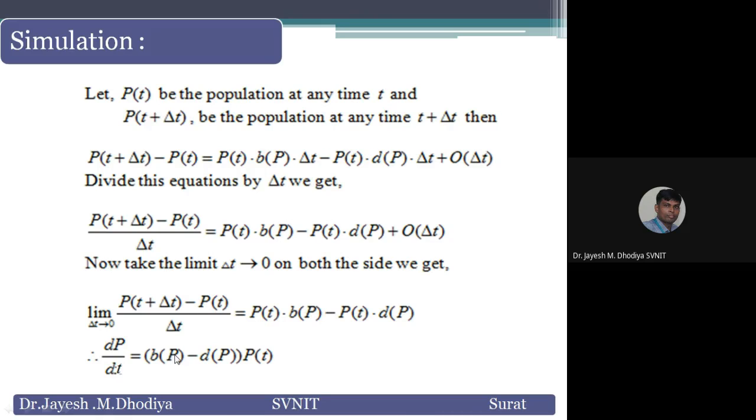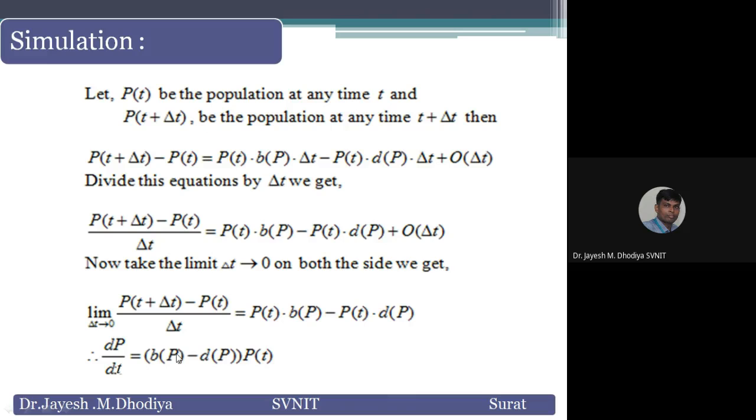Birth rate is a function of population. You can collect past data and generate this function. Similarly, D of P, the death rate. Having past data available on Google, you can generate it. But whenever you generate an algebraic equation of the birth rate of population and the death